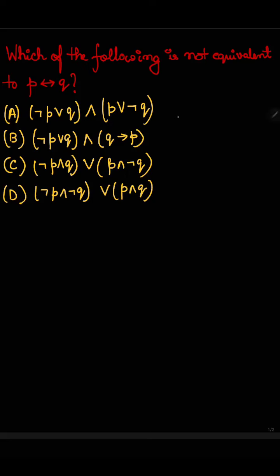Another GATE 2015 problem for 1 mark. The question is, which of the following is not equivalent to P implies N is implied by Q? So P implies N is implied by Q